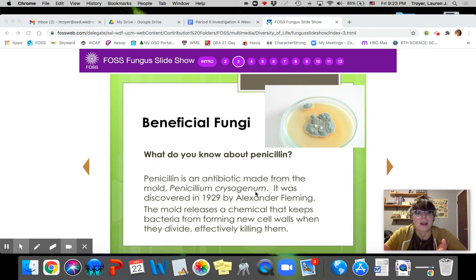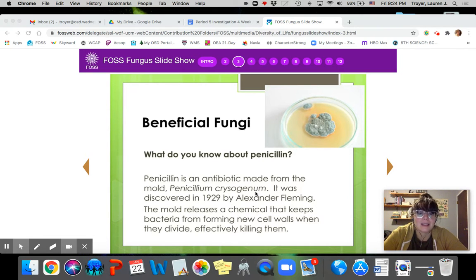And when he came back, those petri dishes that were covered with bacteria had spots where there was no longer bacteria, or the bacteria got wiped out. So he tested those areas and he found the mold Penicillium chrysogenum. He studied it more, and he figured out that the mold is competing with the bacteria for food and resources. And it secretes some sort of a chemical enzyme that prevents bacteria from being able to form new cell